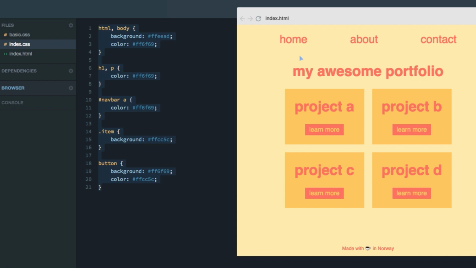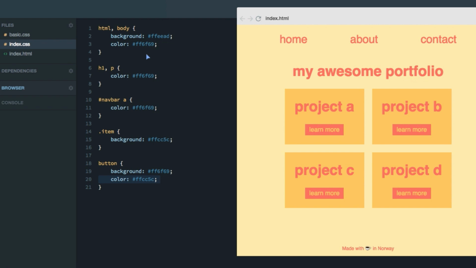It's the red, which is our default text color, the beige background, and the yellow color for the items here. And as you can see from the CSS, we're reusing the hexadecimal values in quite a few places. We're setting the main red color here, and we're also setting it explicitly on the paragraph and h1 tag, and I'll tell you why a bit later in the course, and also on the anchor tags and the background of the button. And whenever you see a CSS value being reused like this, it's a perfect example for introducing CSS